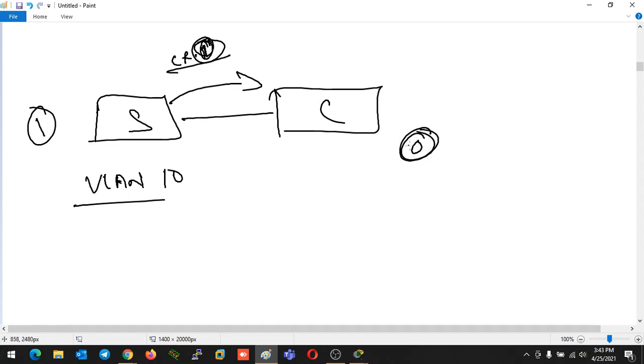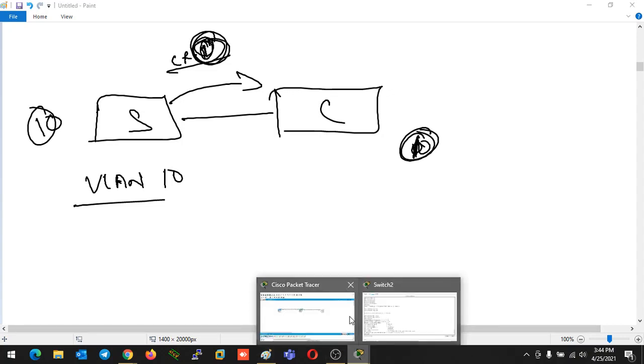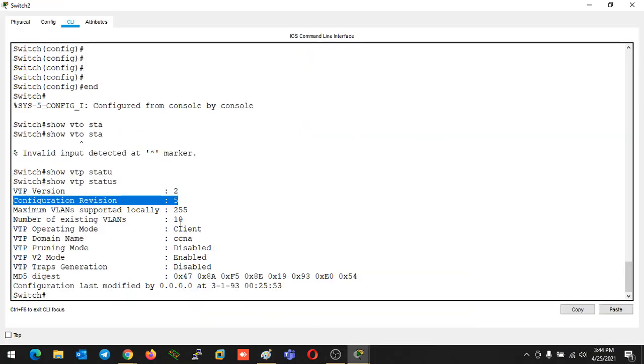While implementing the update, it will also update its CR number to the same value. If it receives 1, it updates to 1; if it receives 10, it updates to 10. The same thing happened here: the client switch, after receiving the update, checked the CR number value and also updated its CR number.